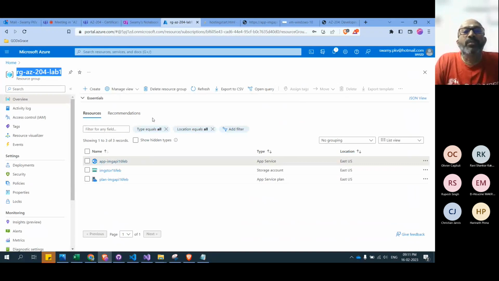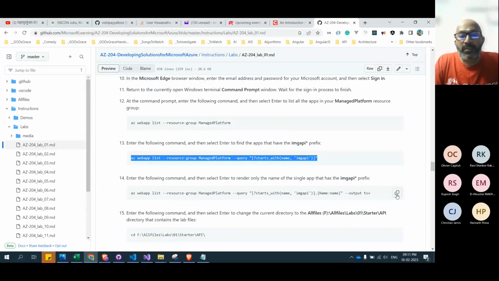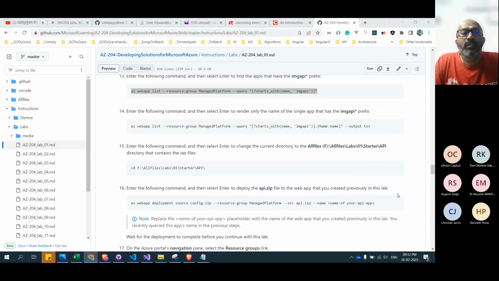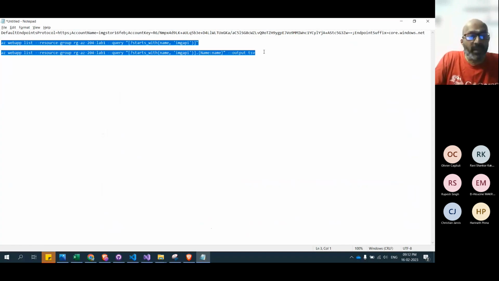Okay, that's one way to execute it. And another way to execute is this one. Anyways, we are there. It is not a big deal for us to set that up. Let me copy these two command lines